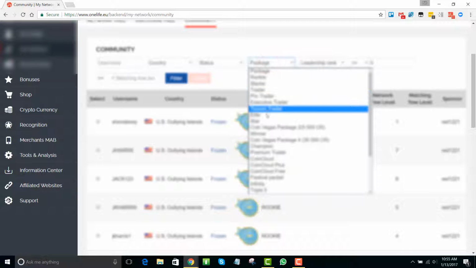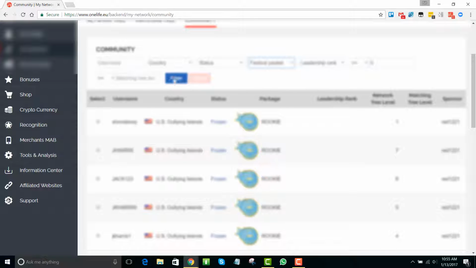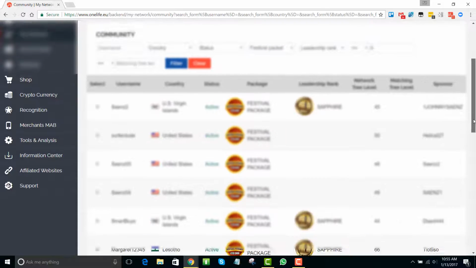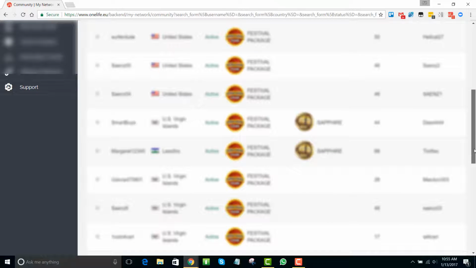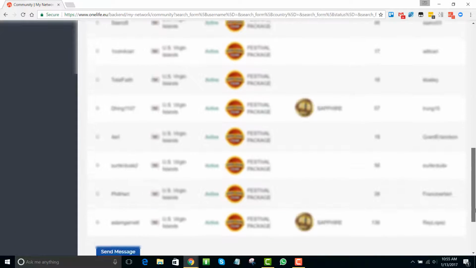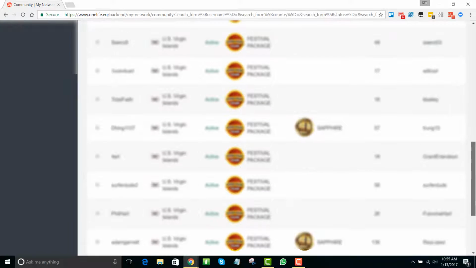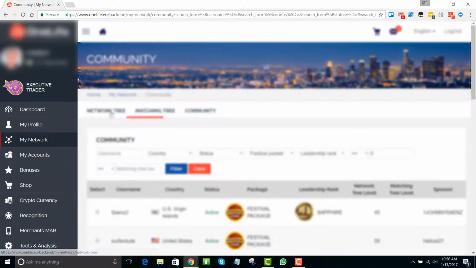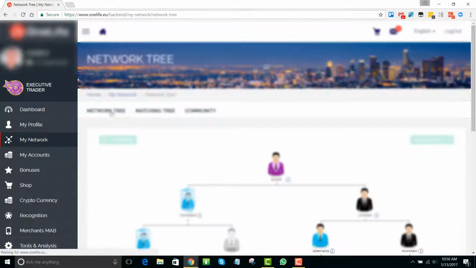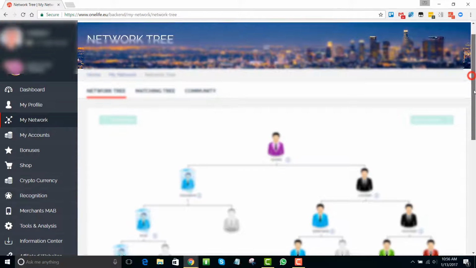So let's say if we wanted to look at all of the accounts that are festivals, we could go ahead and filter this out, see all of the different accounts here that came in as festivals, and we can see their leadership rank. Now going back to the network tree, we also, if you read through the guidebook or